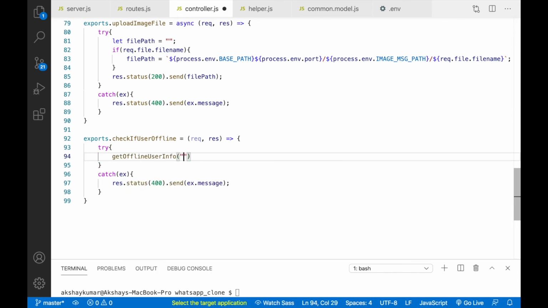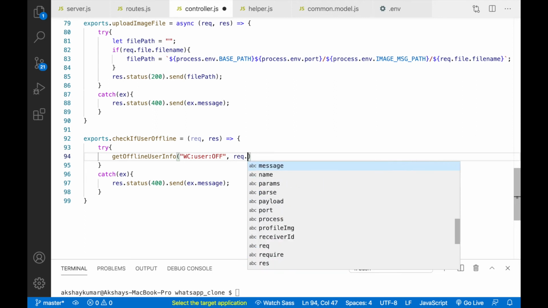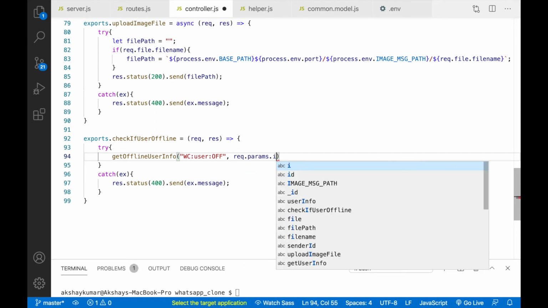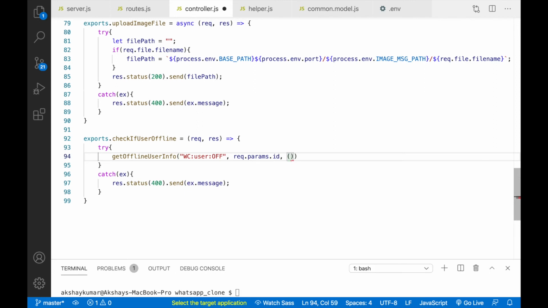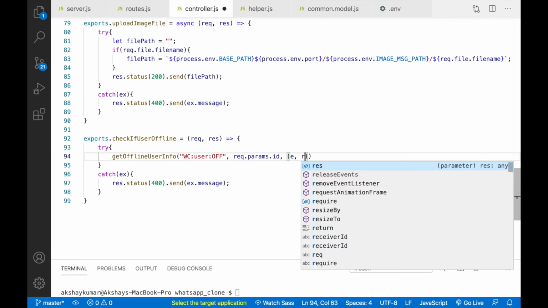Then here we'll pass that set name, so wc_user_off, and we'll take that param, request.params.id. So this method will give you error and response.